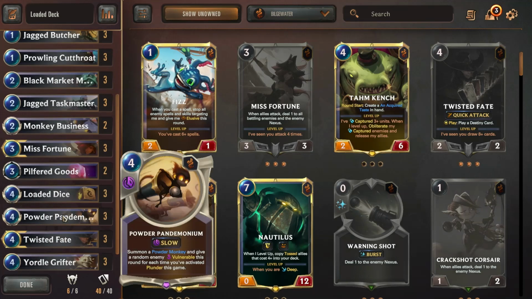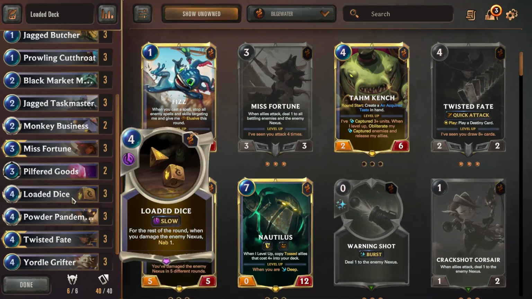So let's read the ability here in case you guys haven't heard of this or have forgotten. For the rest of the round, when you damage the enemy Nexus, nab 1, a 4-cost slow speed spell. So already this is kind of a loss of tempo. And I noticed that while playing this deck, if you guys kind of want my opinion,